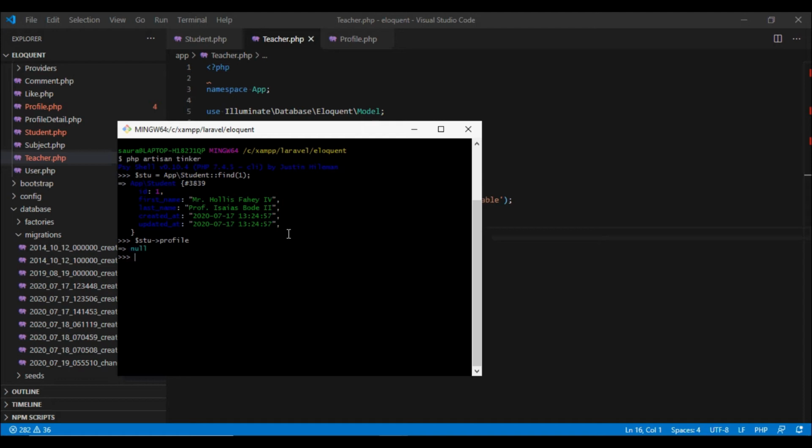Let's see how we can save it. We are going to use the create method. We are going to pass it the email, and we are going to pass it the phone.